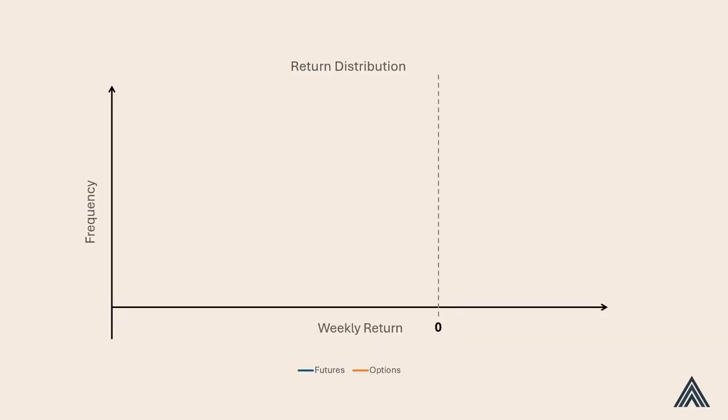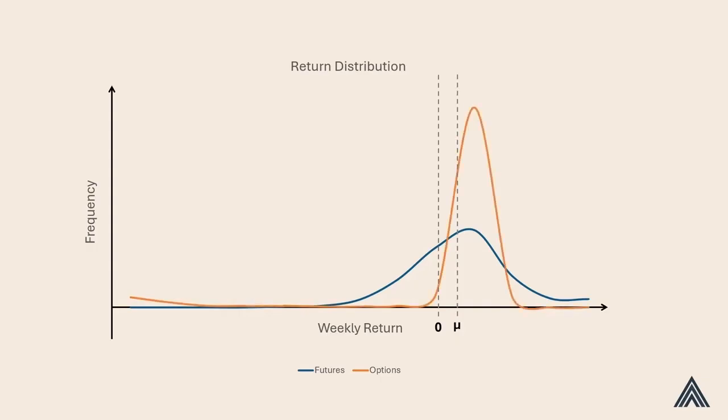If you look at the return distributions of the two strategies, the futures strategy has a relatively small left tail and a fatter right tail. It has a positive mean return due to the momentum effect. The option strategy is the opposite. It has a relatively fat left tail, no right tail, and a slightly positive mean, which is due to the